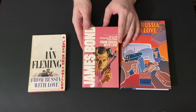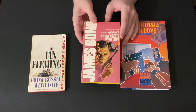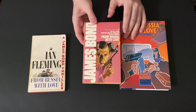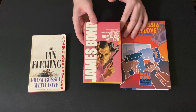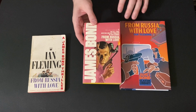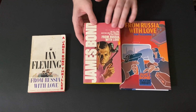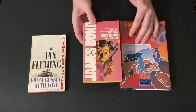Next, we have another of these gorgeous Bantam paperbacks. So this is another of the handful they did with Colonel Sun around the end of the 60s into the early 70s. So again, with this gorgeous artwork that is unfortunately obscured by the James Bond logo. Again, I would love to just see the original art sometime without all this stuff on it and without it being very small. But again, really beautiful paperback, a nice glossy cover, which again, for a paperback at this time